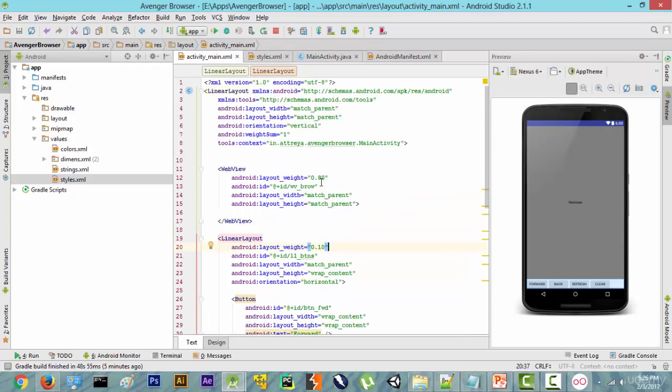the other third 0.10, because if you add 0.80 and 0.10 it becomes 0.90. So there is still 0.10 of the pizza left. So where is it going to go? We are going to give it to the edit text and the go button over here, which we haven't made